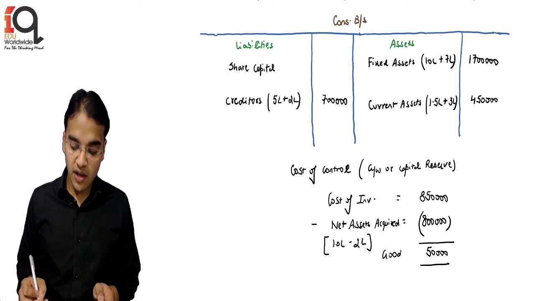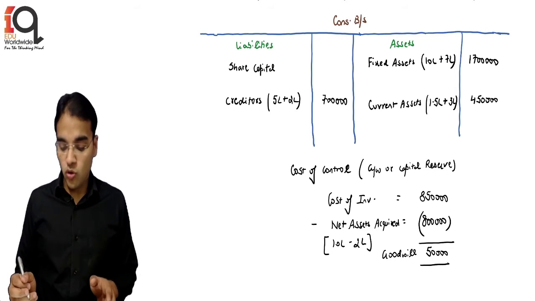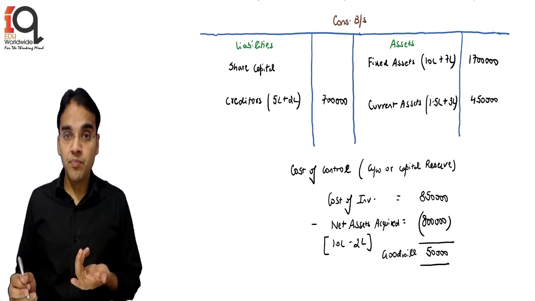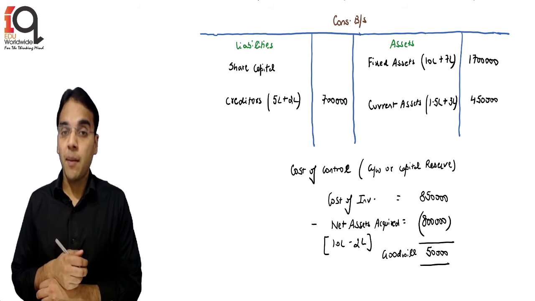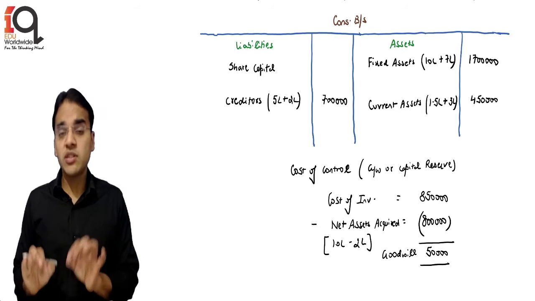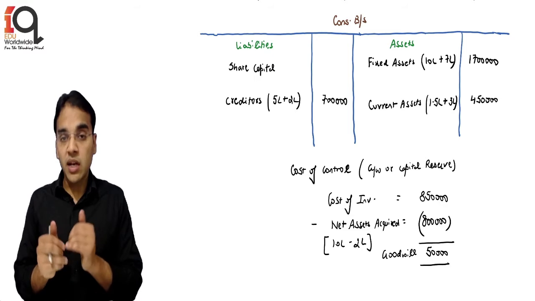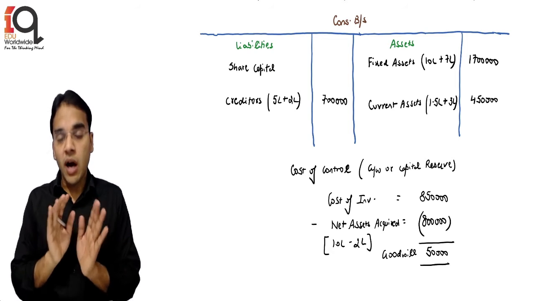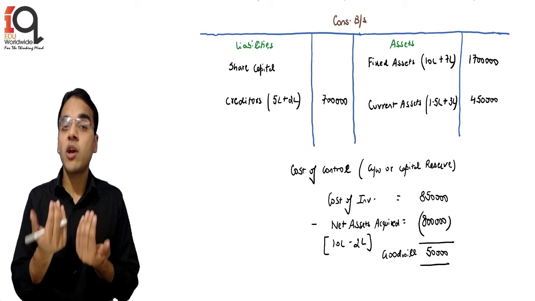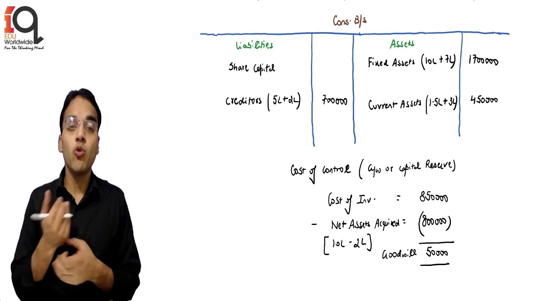And if the same figure comes as a negative value, it is a capital reserve. If we have paid more, then it is goodwill. If we have paid less as compared to the net assets acquired, that is capital reserve. And these concepts, everything is written in your notes, so don't worry about the same. The definitions of the concepts are written. I will make you understand them as well, but I'm just trying to explain how the basic working flows in this chapter.